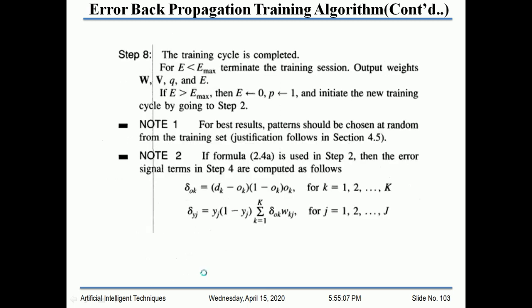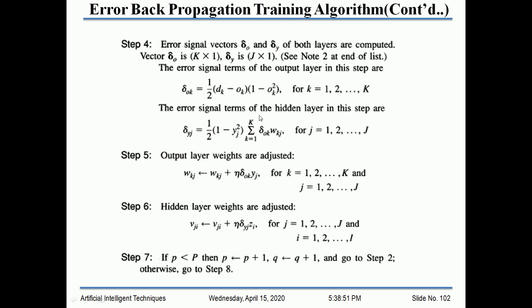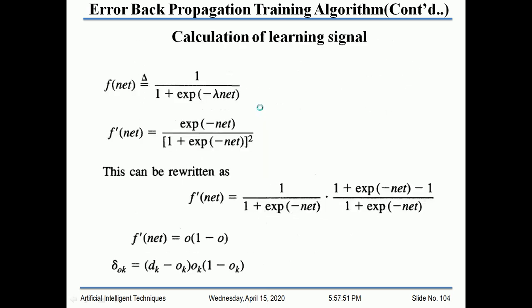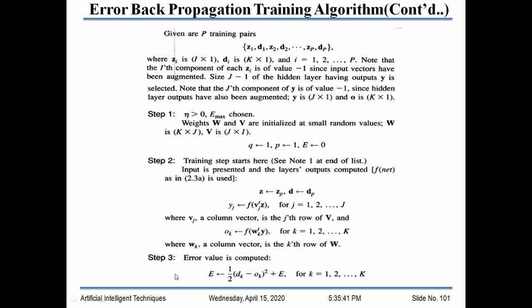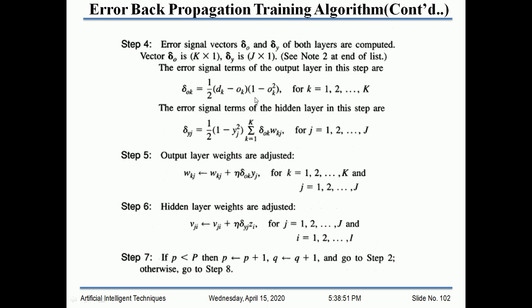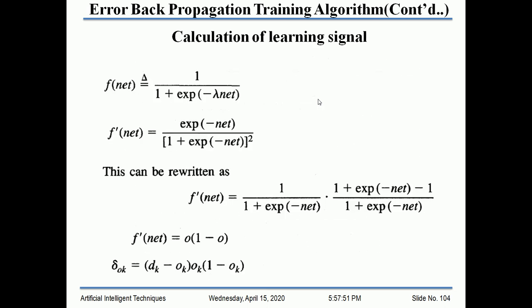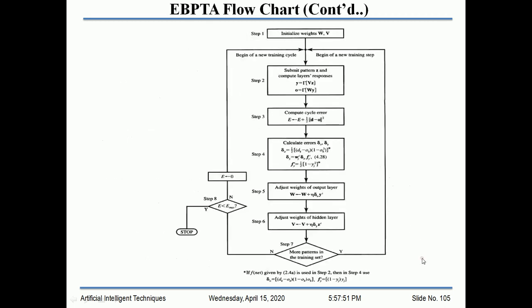So delta ok equals (dk minus ok) into ok into (1 minus ok). So if we use the activation function 1 by 1 plus exponential of minus lambda net,